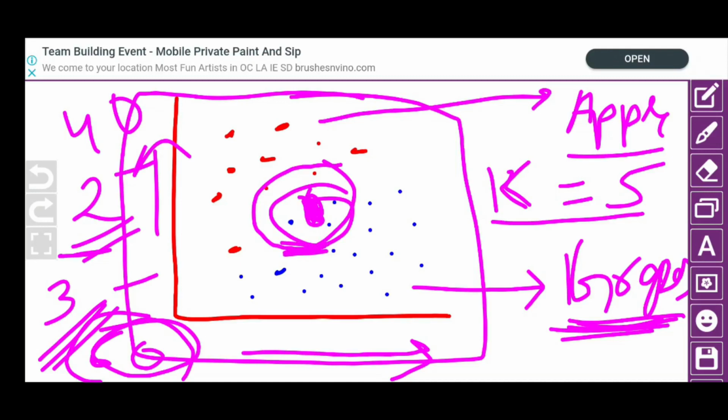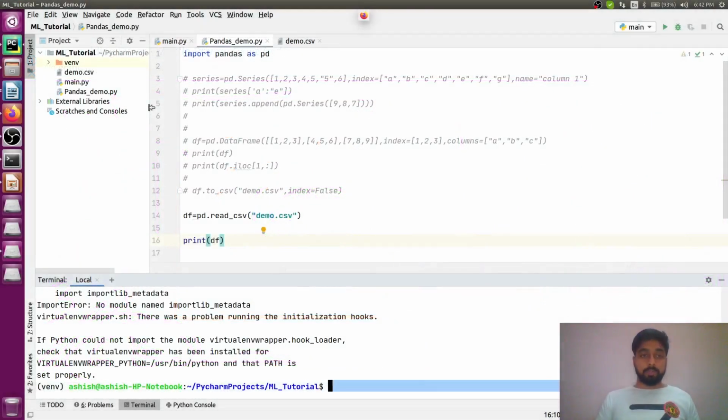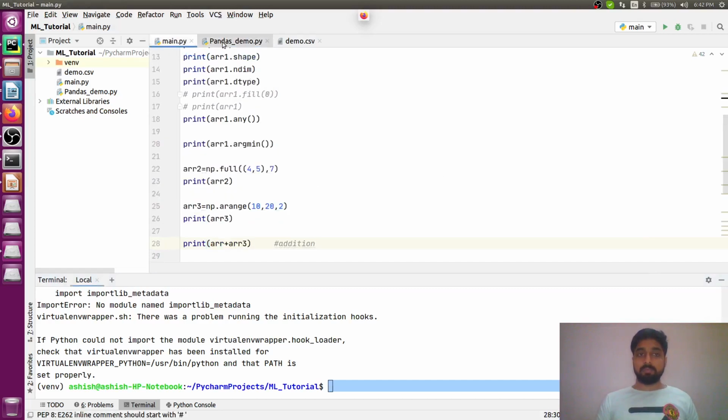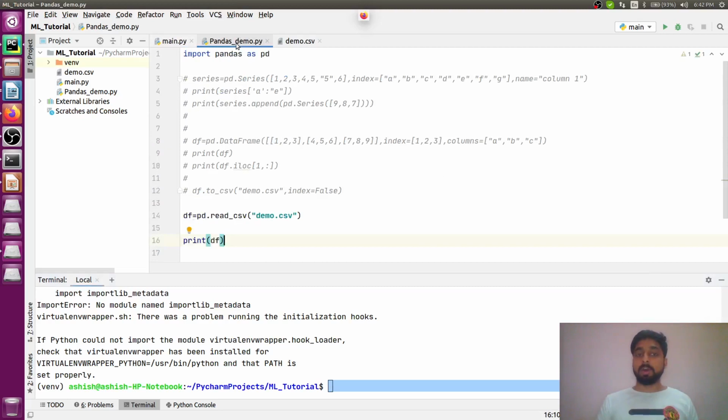And now let's understand this part by doing the programming, and let's see how the KNN model works when we write the program for it. Alright, so here you can see this is a project which we have already covered in the previous session, where we have already studied NumPy and pandas.